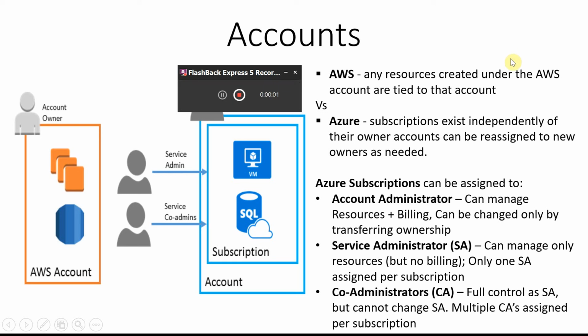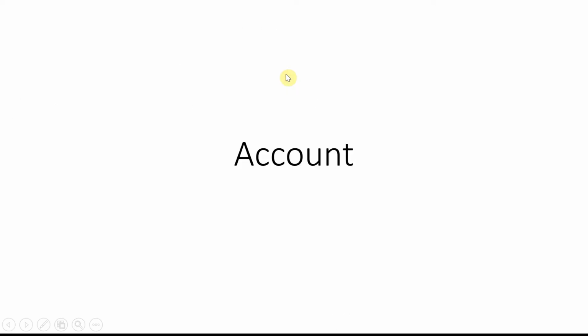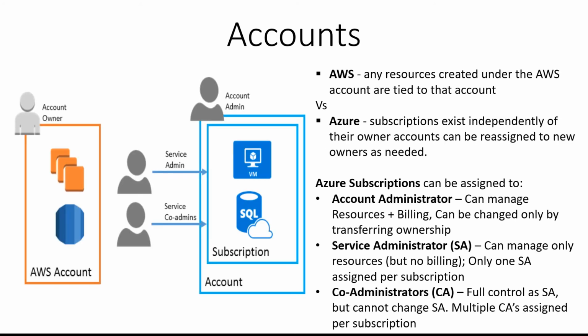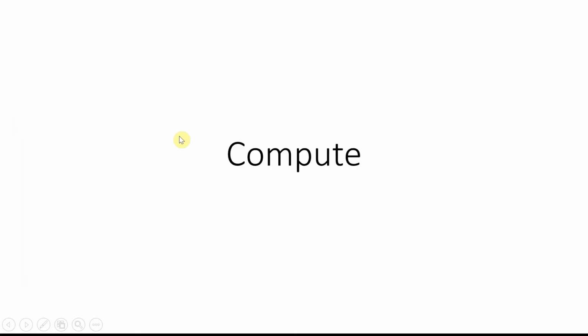So I think in the last session we primarily were looking at a comparison of AWS versus Azure. Just a quick roundup. We discussed how accounts differ between AWS and Azure. Azure has a subscriptions account, and under that there will be multiple subscriptions, and under each subscription there will be a lot of resources. Unlike AWS, it's just an account and under that resources only. There's no concept of subscription on the AWS side.